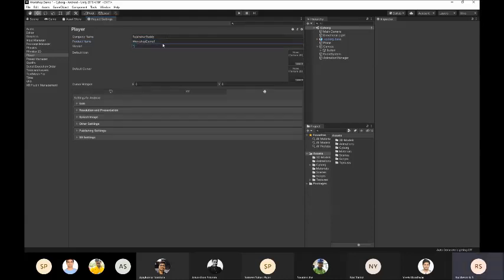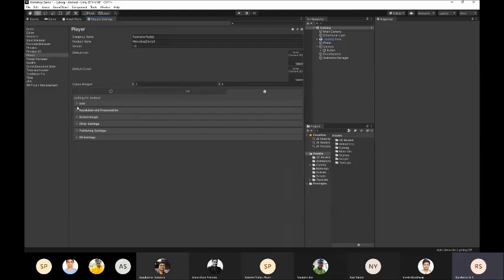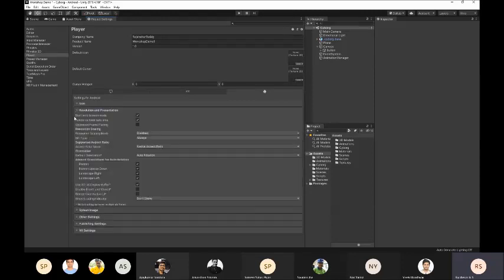I'll make this version 1.0. And here, if you come down, you can select what icon you want to give this app. You can do all those things. Resolution, presentation: you can select if you want it to start in a specific presentation, like in landscape, or if you wanted to start in portrait mode, if you wanted to occupy full screen, or if you wanted to show the top menu. All those things can be changed over here.